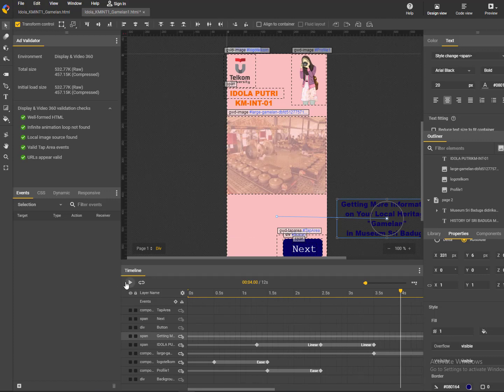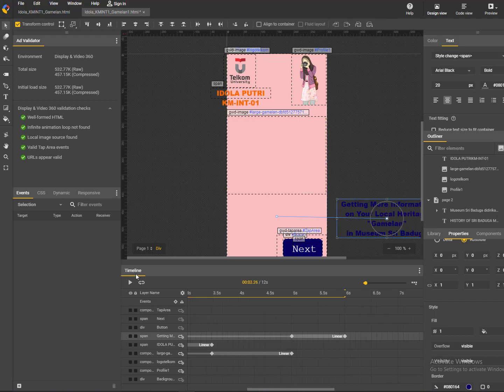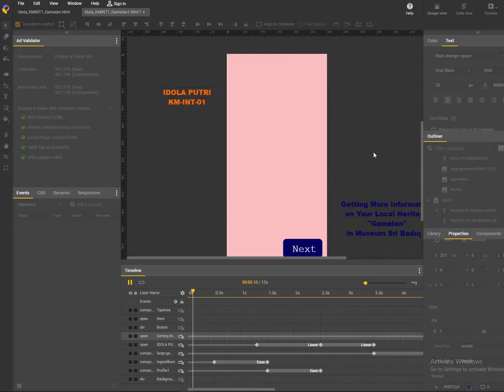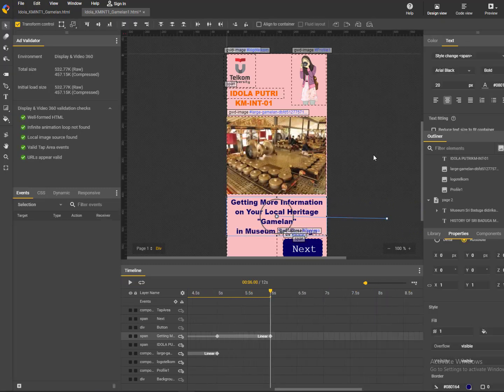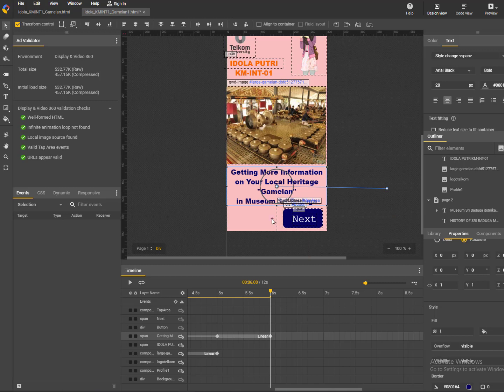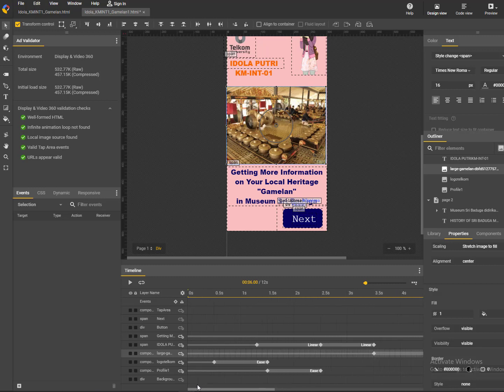Okay, so let's try this one. Okay, wait, let's try once more. Okay, it's looking good. Okay, so I think the picture is not clear enough when it's fading,